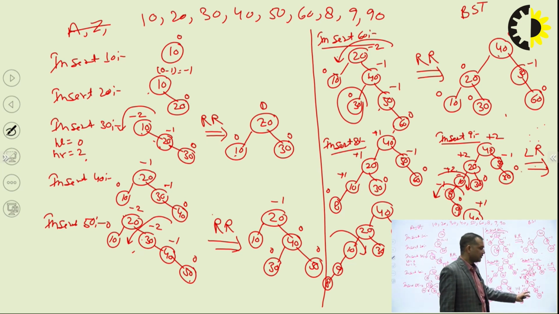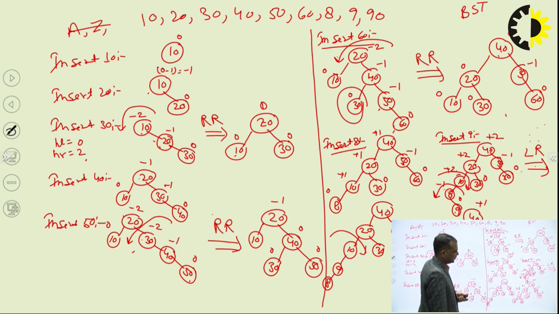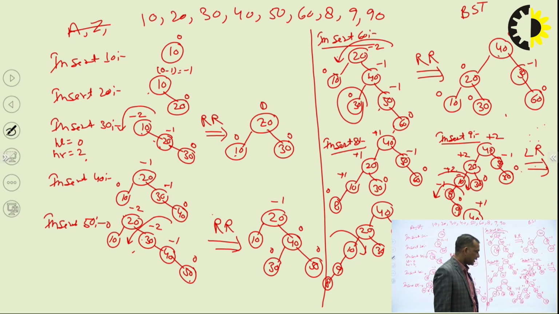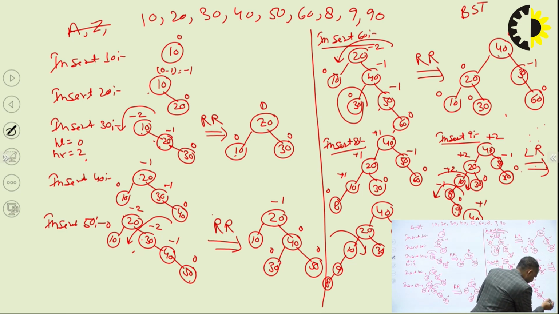So this is our main, when we have to apply the rotations, which tree do we have to become? Its balance factor must be +1, -1, and 0. Now we have to insert 90. 90 insert karna kahan jayega? 40, 40 ka right 50, 50 se bhi bada hai 60, 60 ke bhi right mein, that is the 90. Again we have to find out the balance factor. Iska balance factor kitna aa jayega, 0. Ab iska kitna aa jayega, sorry, 0 - 1, that is the -1.